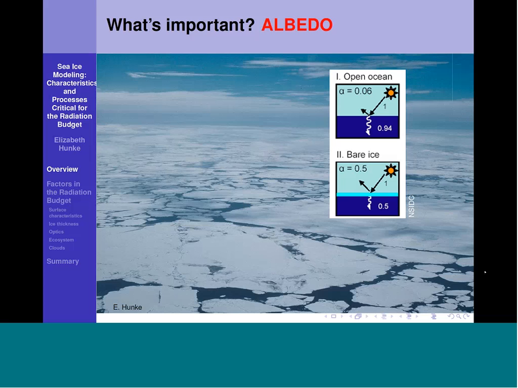This is a photo of the summer ice pack in the Antarctic, and you can see that it's not a solid cover. We model the ice area coverage here as an ice fraction or concentration that's uniformly distributed over a grid box. In the wintertime, it's nearly 100% or completely white. But at other times of the year, the ice cracks and melts, and the ocean begins to show through. This contrast between the white ice, which reflects sunlight back to space, and the dark ocean, which absorbs the sunlight and becomes warmer, that contrast is the most important aspect of sea ice in the climate system.